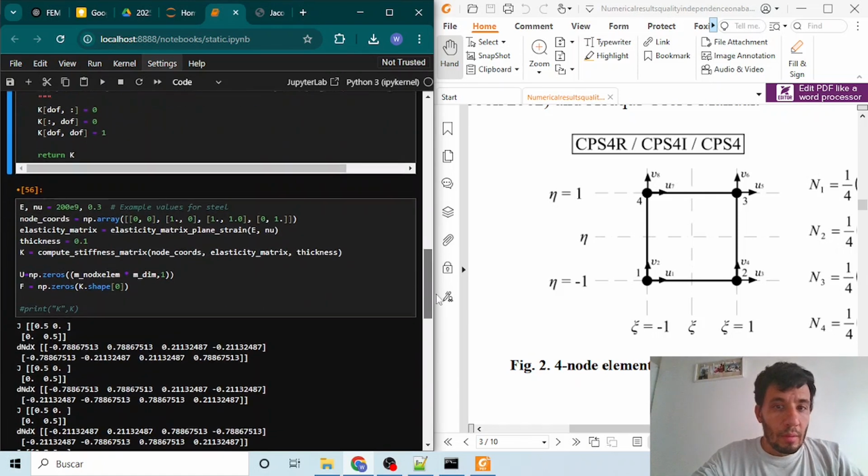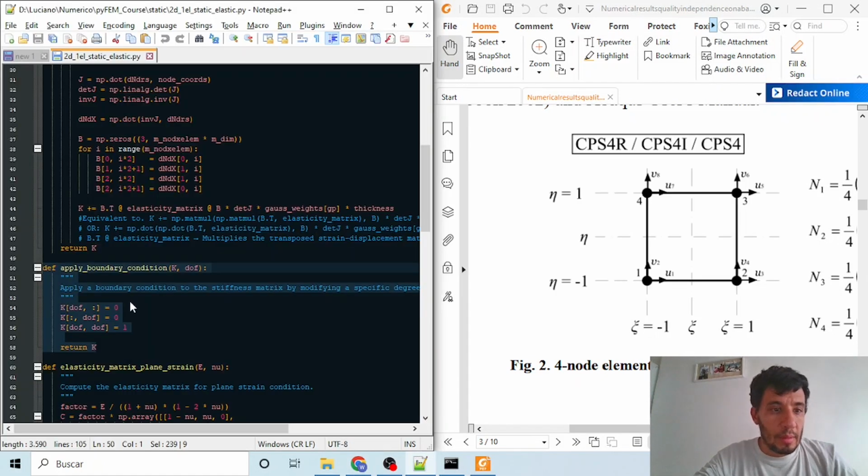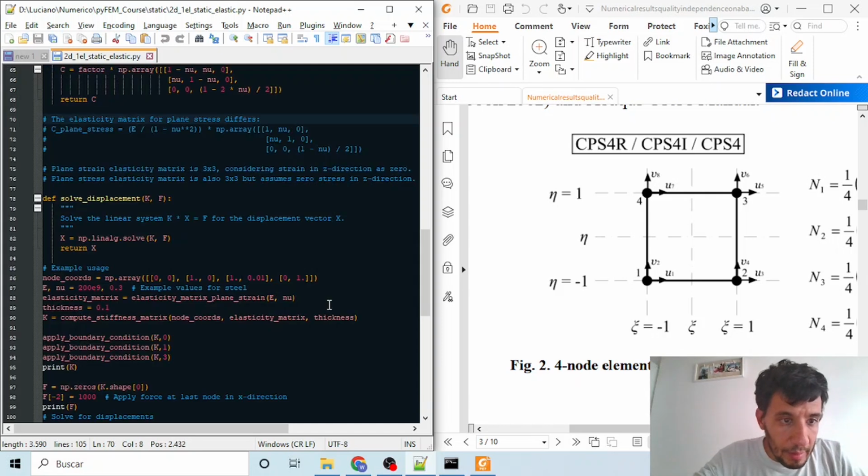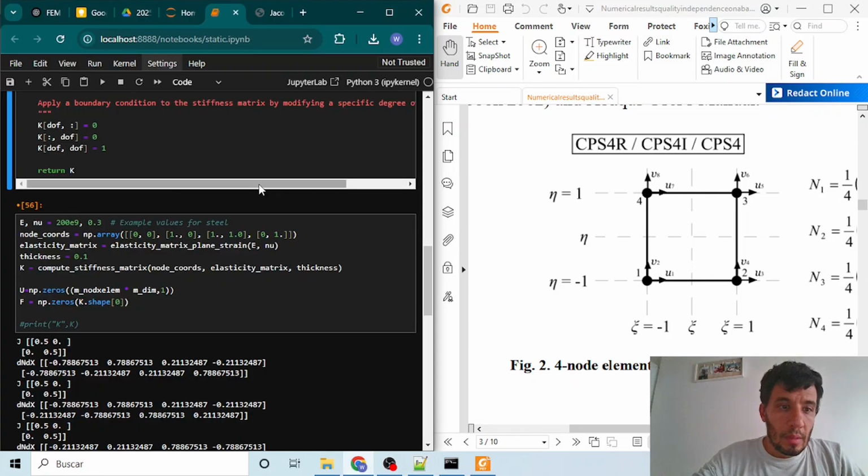So suppose that we want an element in which we want to apply some boundary conditions in the first 2 dimensions of the nodes.